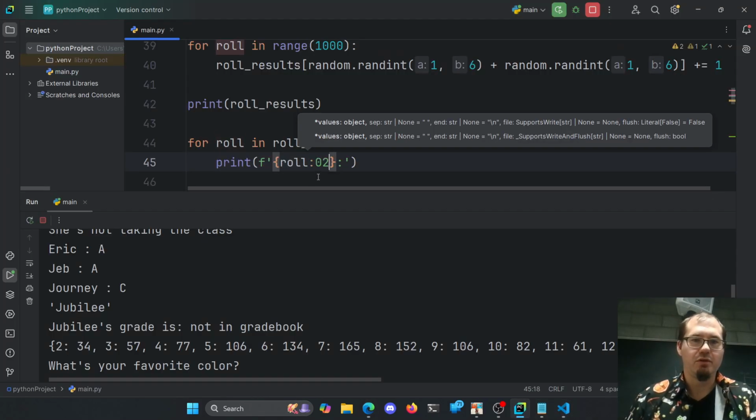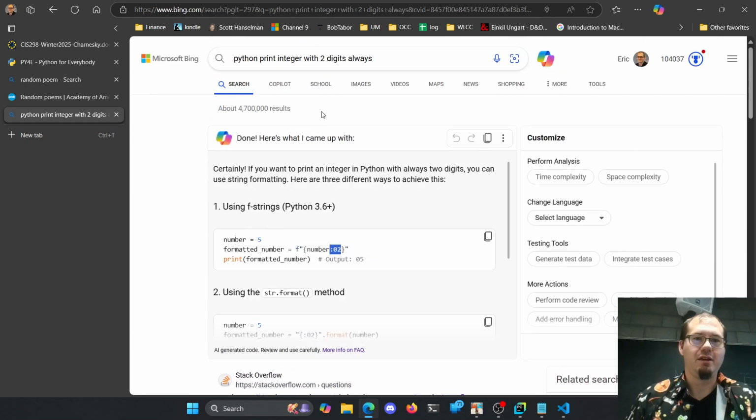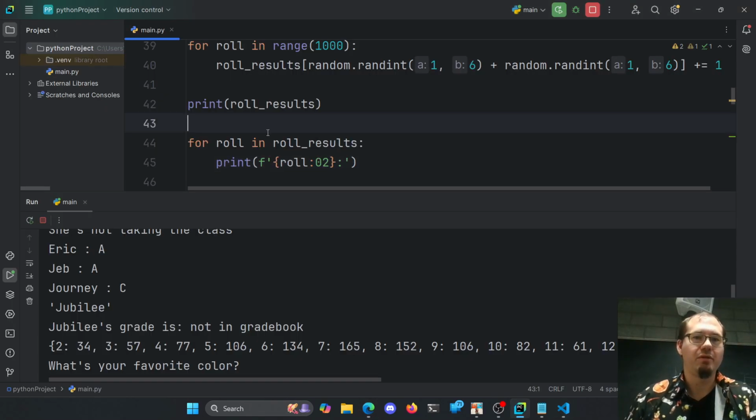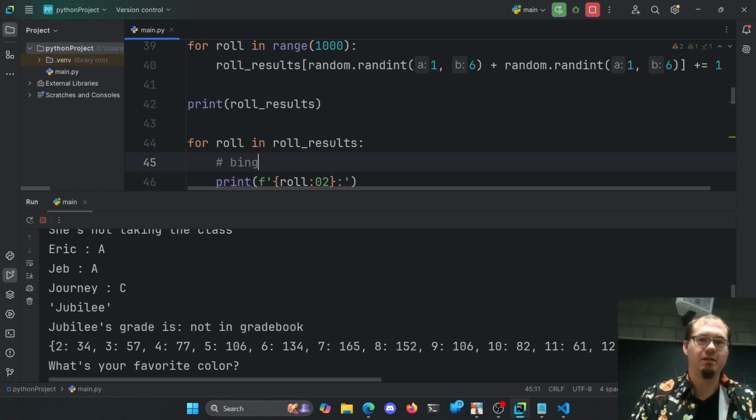But here's my code here. Colon 02, and then I don't know. I'll cite my source here. It's going to be a good practice, right? So this was Bing AI